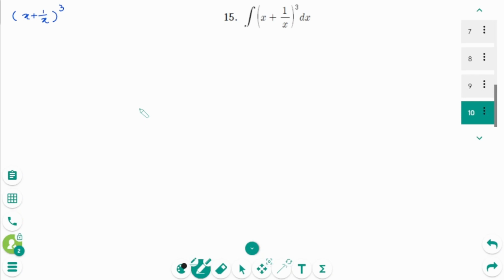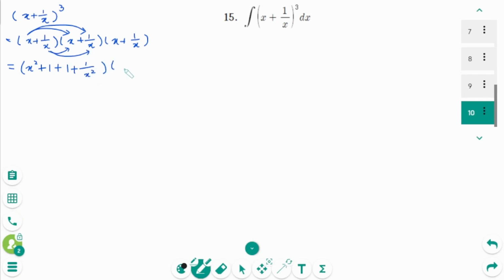This is the last one. If you can't memorize the formula, you can expand it one by one. So x plus 1 over x times x plus 1 over x times x plus 1 over x equals x squared plus 1 plus 1 plus 1 over x squared times x plus 1 over x, we can rewrite as x squared plus 2 plus 1 over x squared times x plus 1 over x